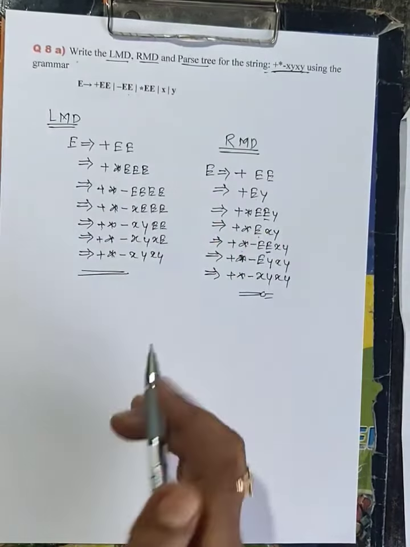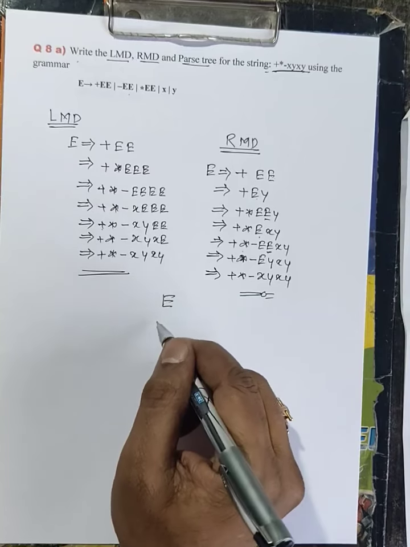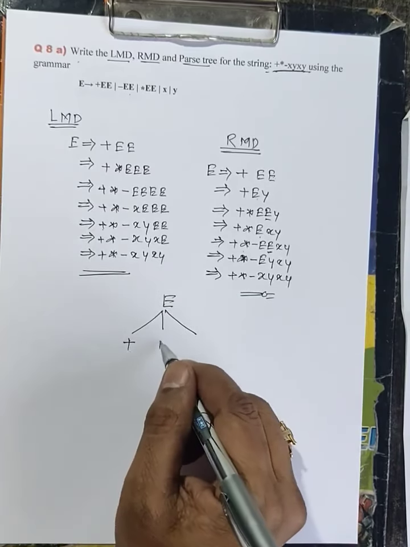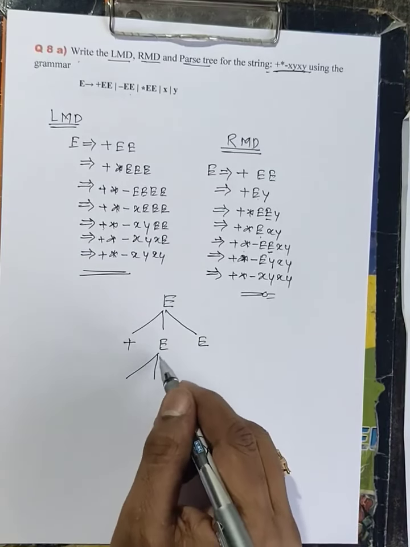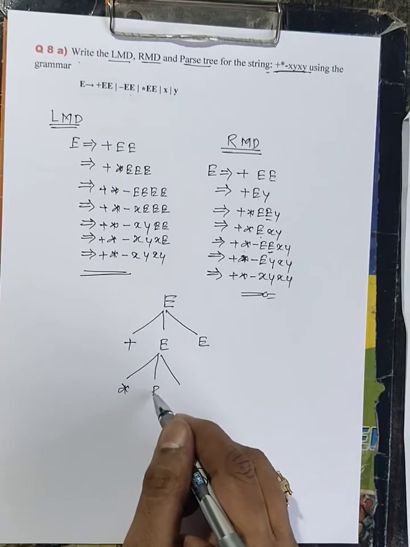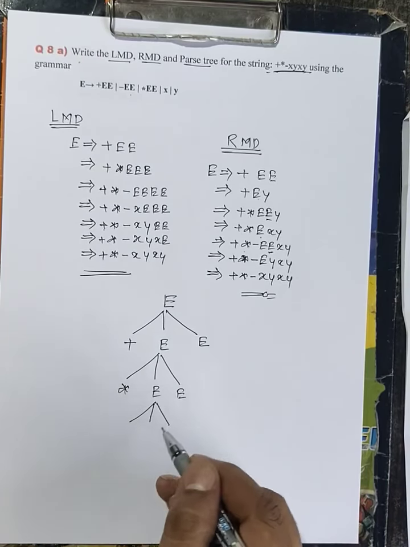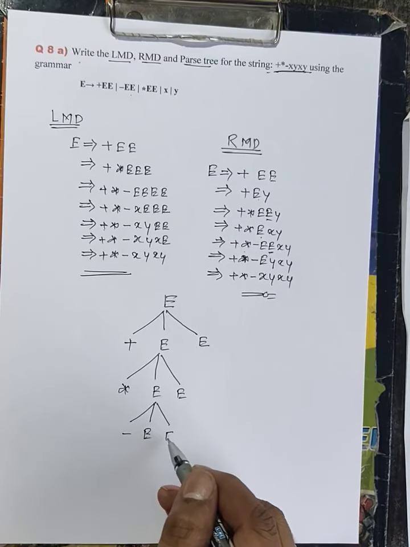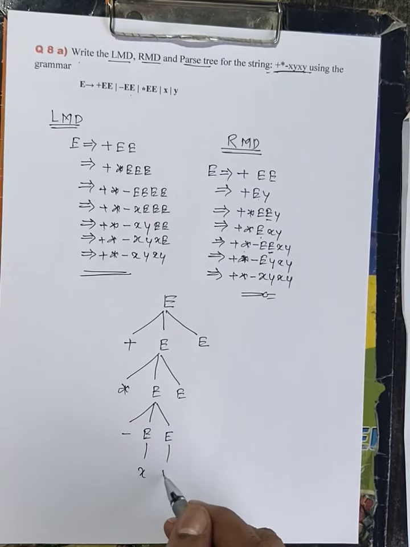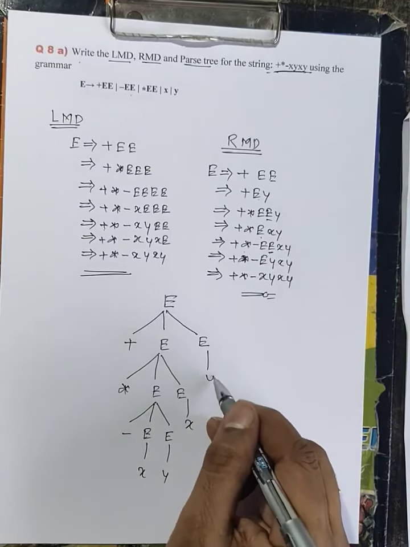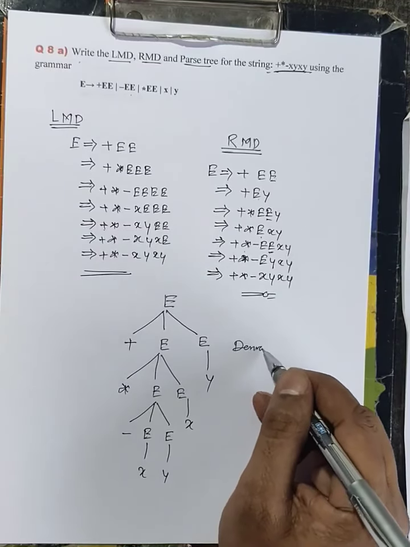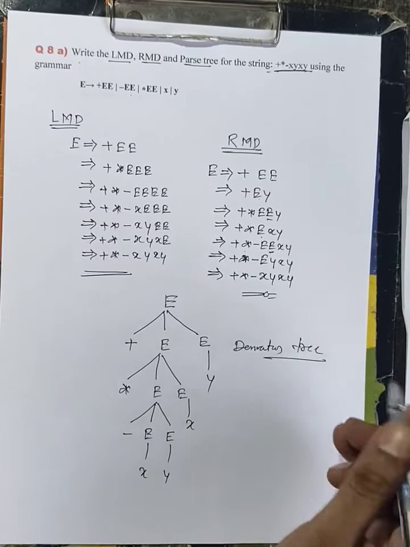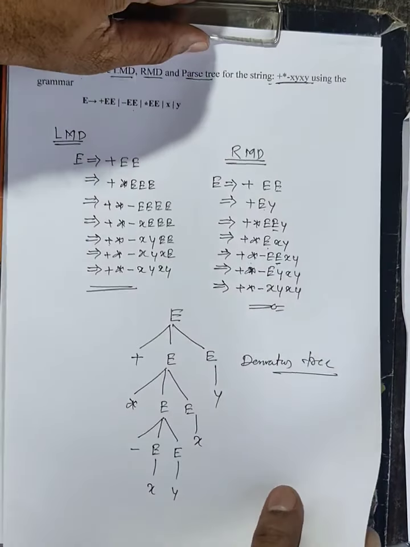You can draw the tree for either one, and you will get the same tree. E produces plus E E, then again this you replace with star E, again this you replace with minus E, replace with X, replace with Y, replace with X, replace with Y. This is called the parse tree or derivation tree. Next,